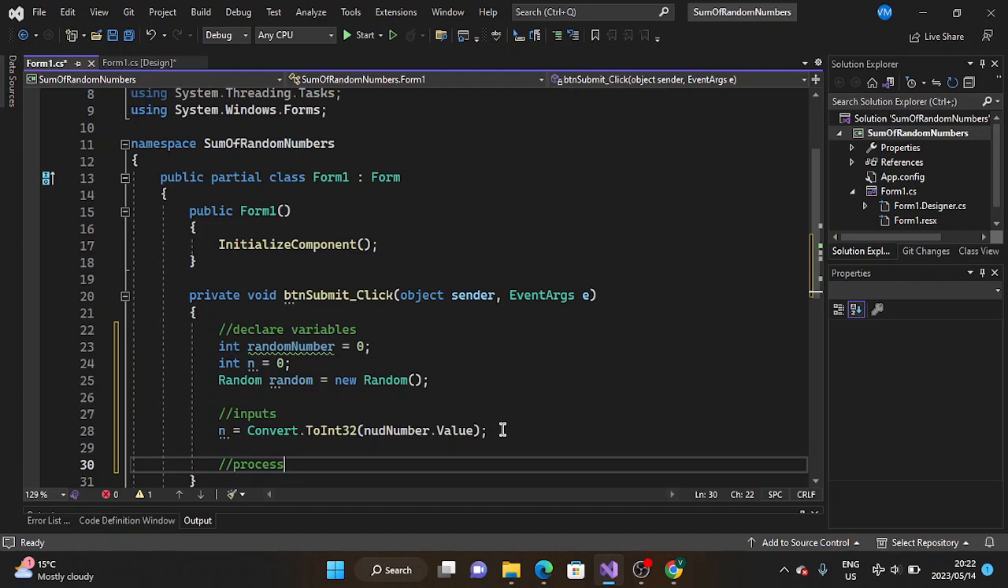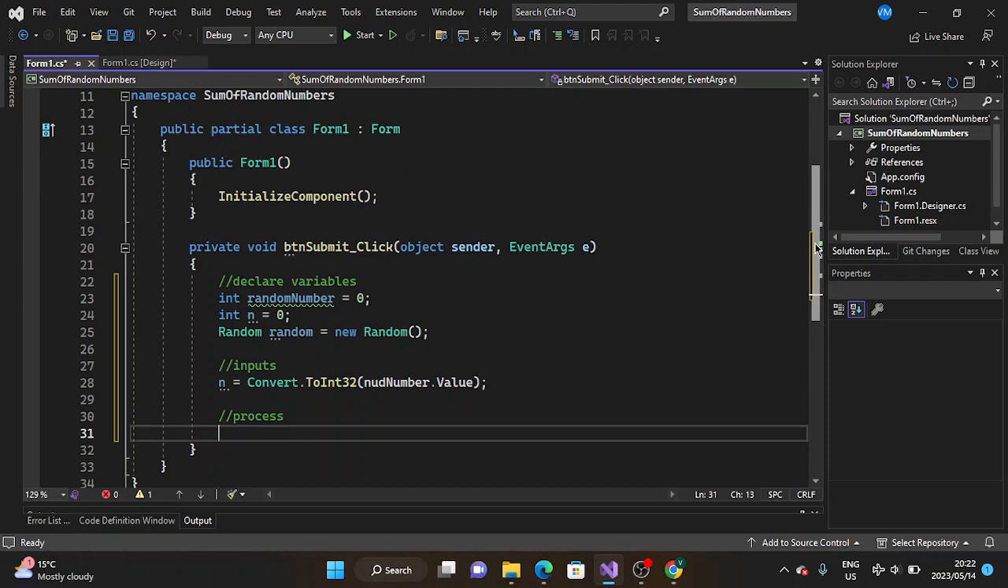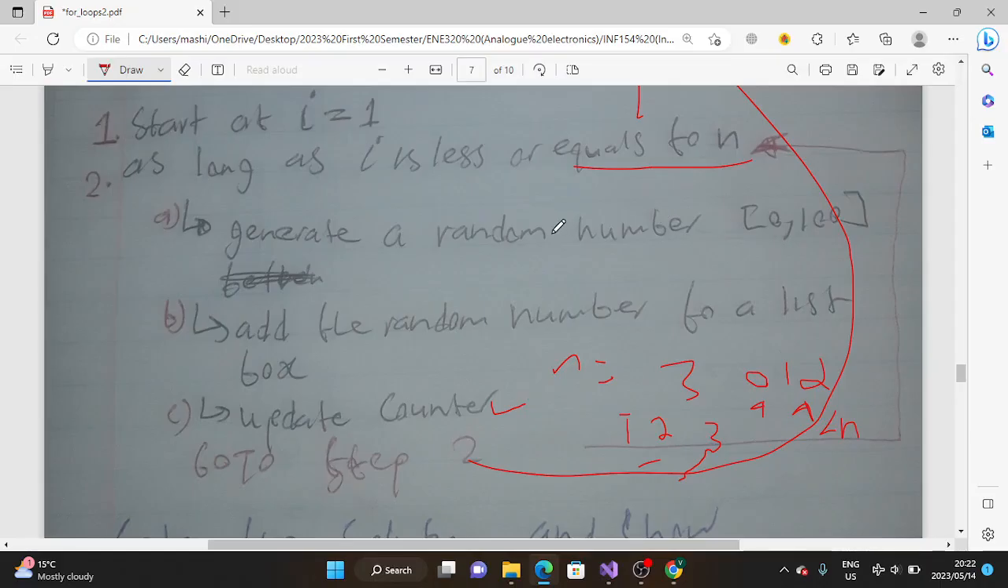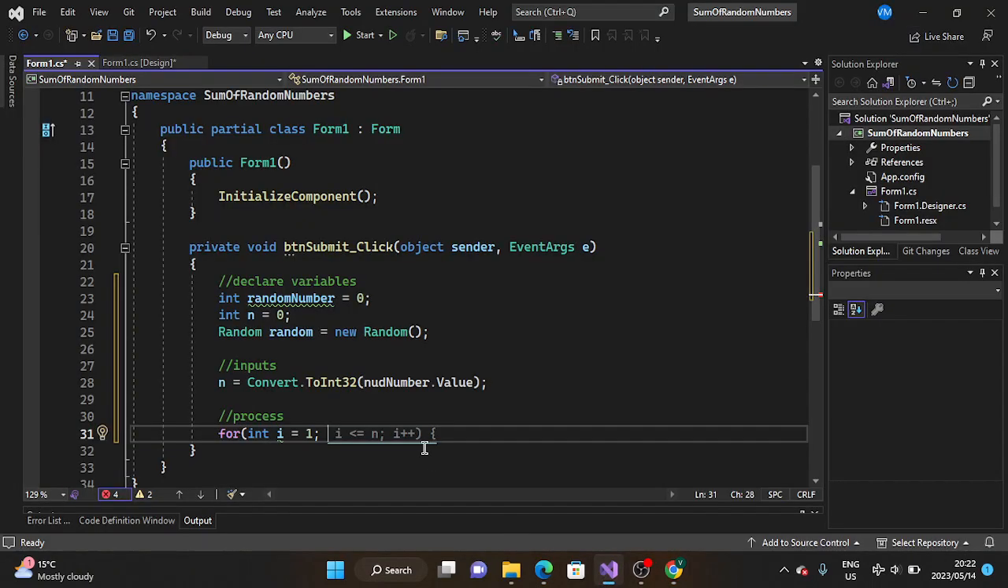So the process, we are just going to follow that pseudocode or algorithm. So we said we are going to start where int I equals to 1. So we start counting from 1 according to what I was doing here. We start counting from 1 until what? I is less than or equals to n. Then how do we count? We just increase I by 1 every time. Then after that,